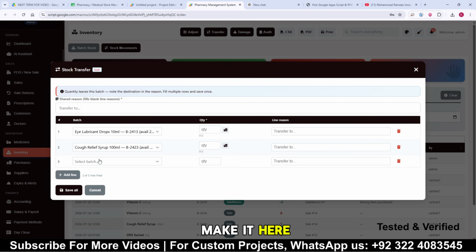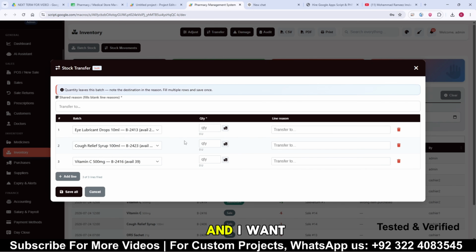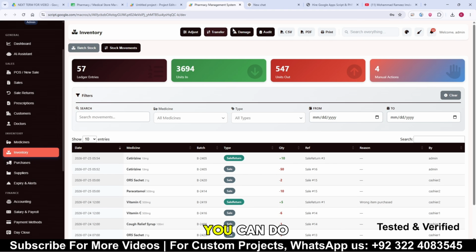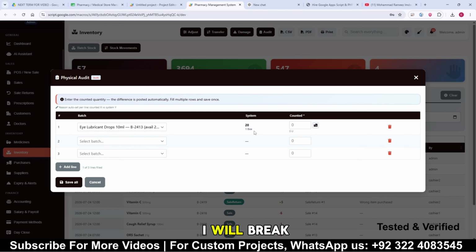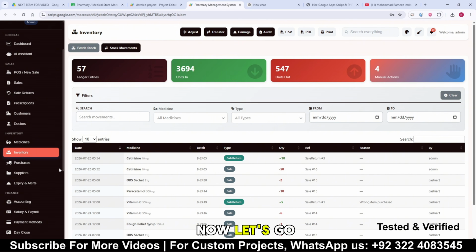I want to add 3 or 4 medicines here, and I want to apply the bulk operations here. Same like that, you can do it in the damage section and in the audit section as well. So this is the system. Let's take an example: lubricant, 20 boxes, and whatever you have counted, you can add it here. Understand? Now let's go back to the